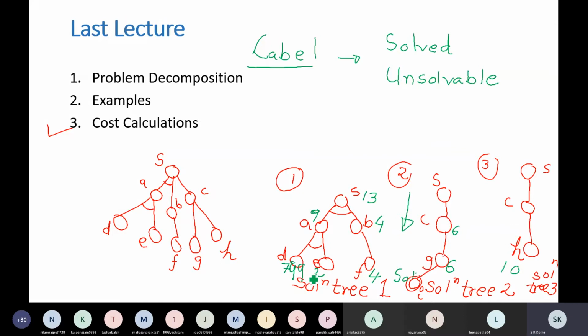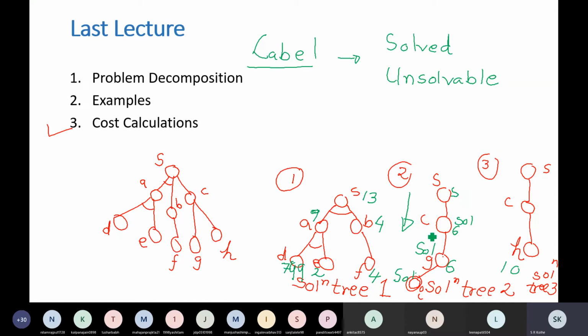Now if this node I is solved, because of that G may become solved. Since this is OR, since I is solved, G will become solved. Now since G is solved, C will also become solved. So all parent nodes will become solved. And if C is solved, then S will become solved, right? So if S becomes solved, we have reached the solution. The algorithm will return all the nodes whose label is solved.